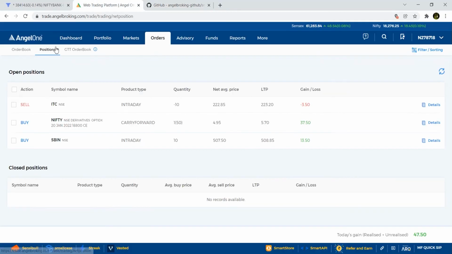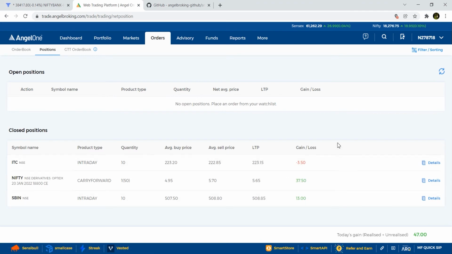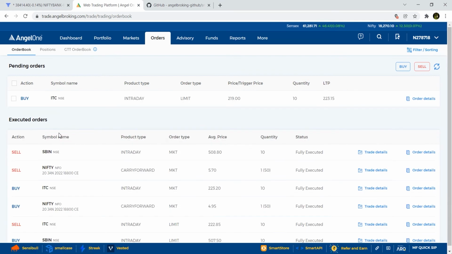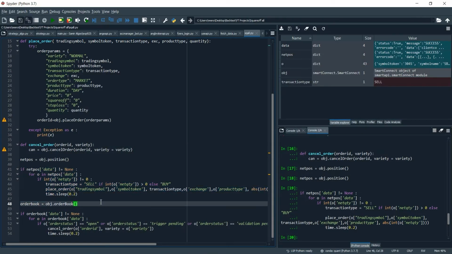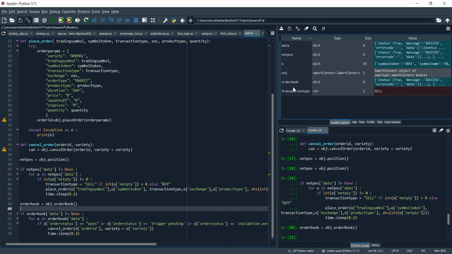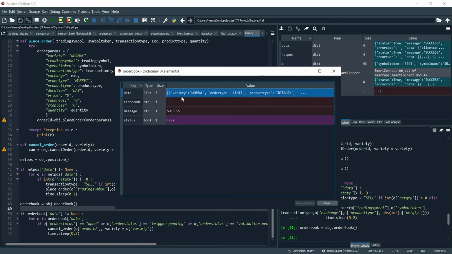Let's just check if all the positions are squared off or not. Yep, all the positions have been squared off, and look, we got a profit of 47 rupees, which is probably gonna get eaten up with all the heavy brokerage. And you can see we have one open order right now. Okay, so we are gonna go and check the order book API.